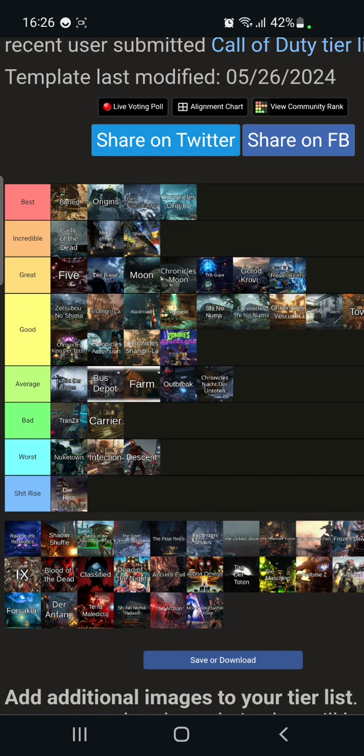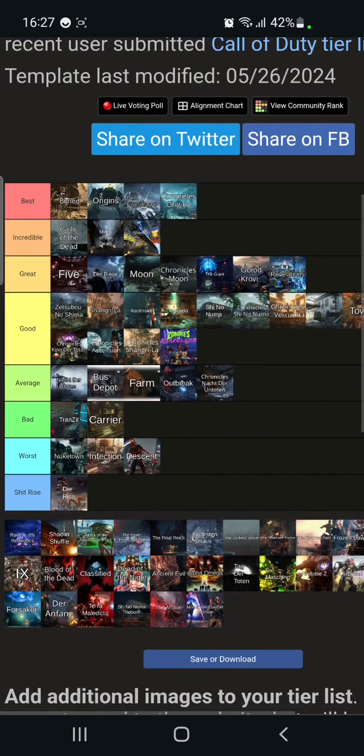Infinite Warfare as a whole is bad. Zombies in Spaceland, great. I love Zombies in Spaceland. Wonder Weapons, shit, but that's a running theme on Infinite Warfare. But at least it's a very fun map to play. And I love the arcade system and everything about it. It's very fun. It's knowing what's coming, it's bad,